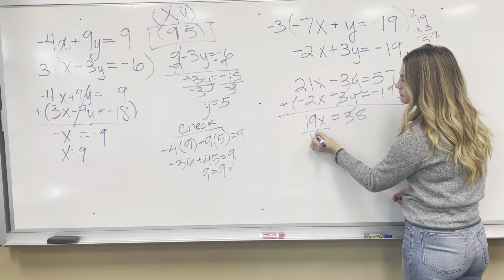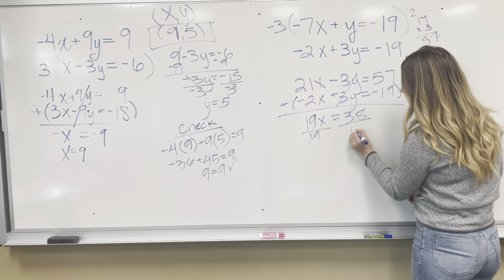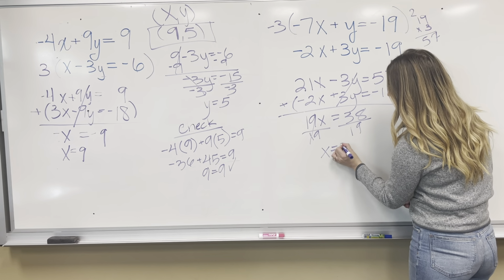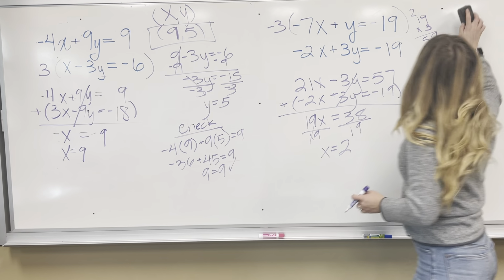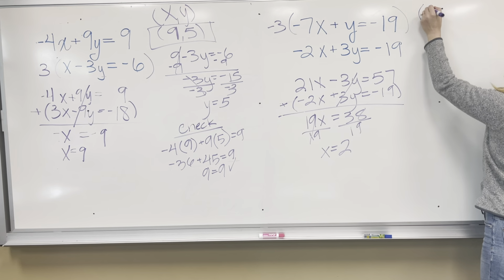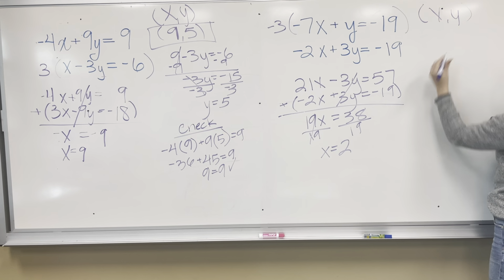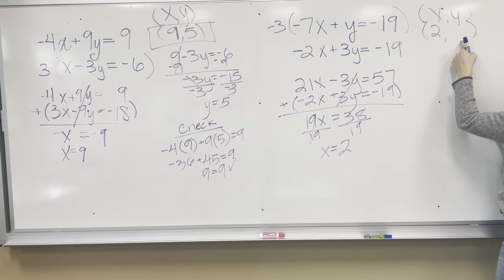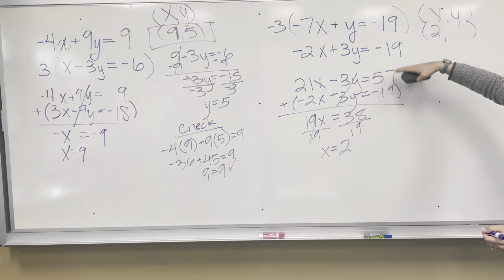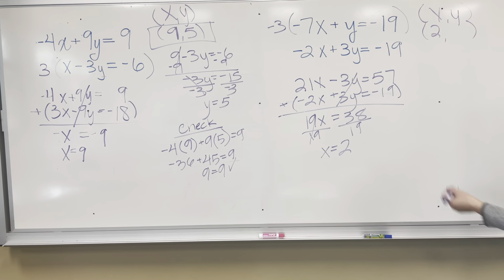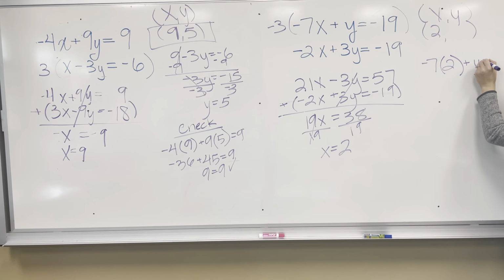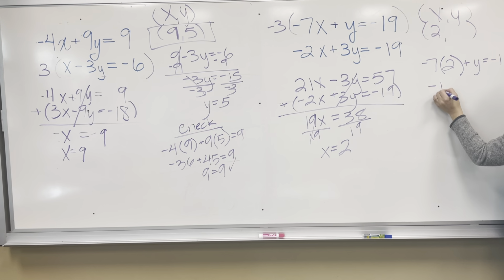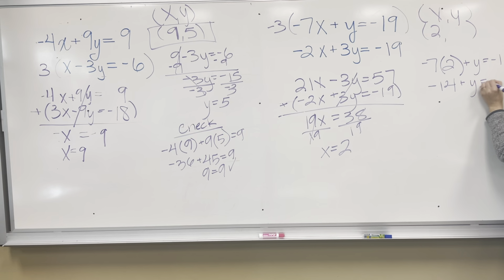X will be 2. So, I, as always, like to write that I'm looking for a coordinate, and I've found x, and x is 2, and then this reminds me I need to solve for y. So I'm going to take one of the original equations, let's go with the top one to solve for y. So negative 7 times 2, because we know x, plus y equals negative 19,